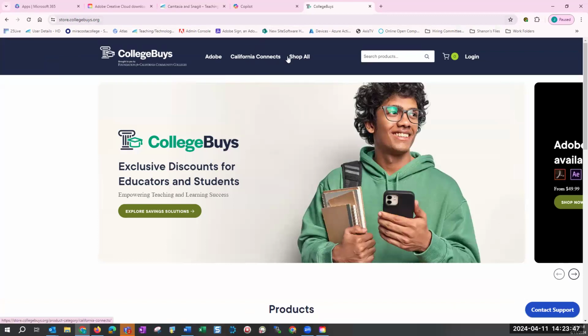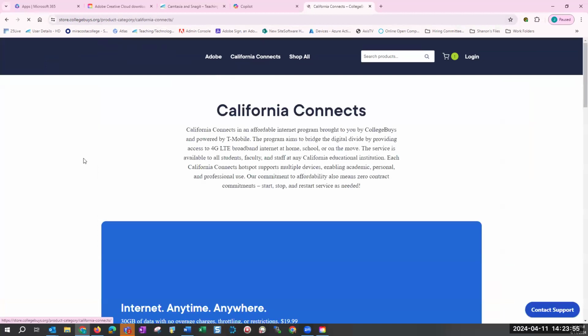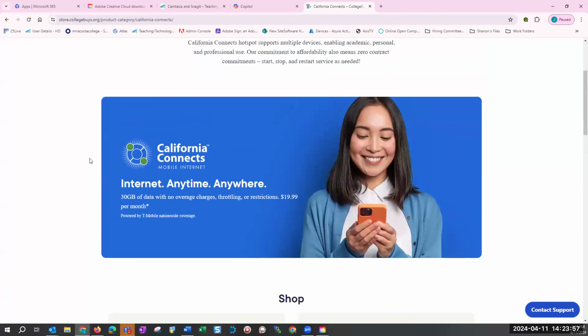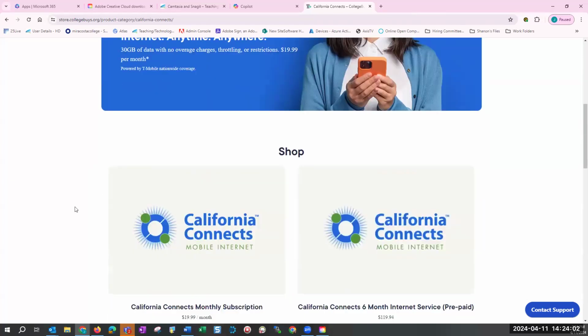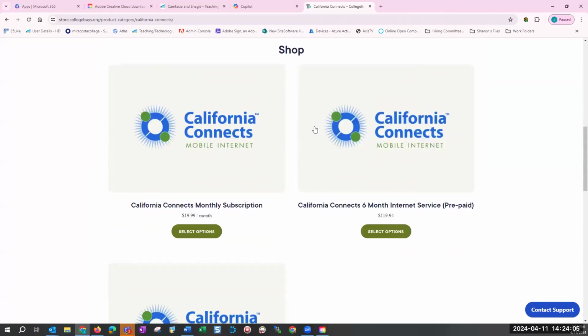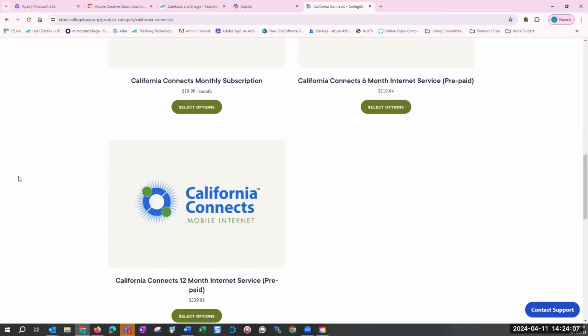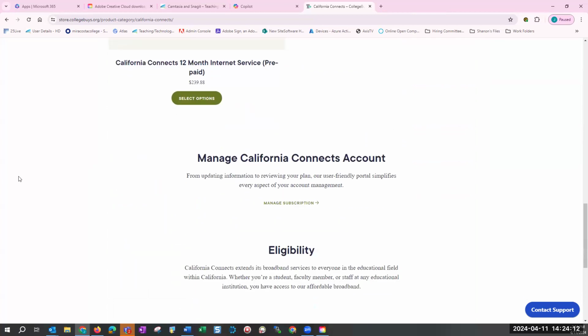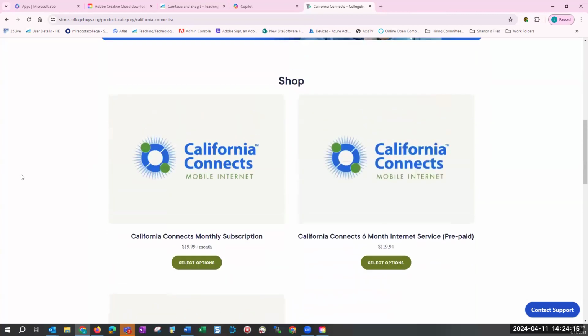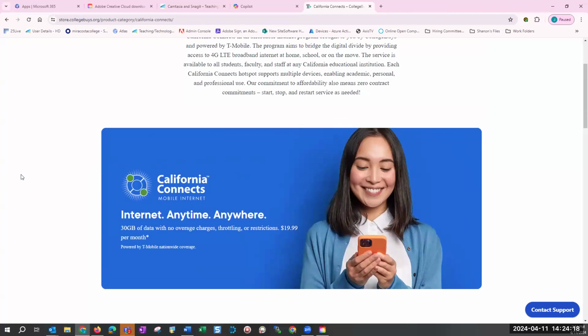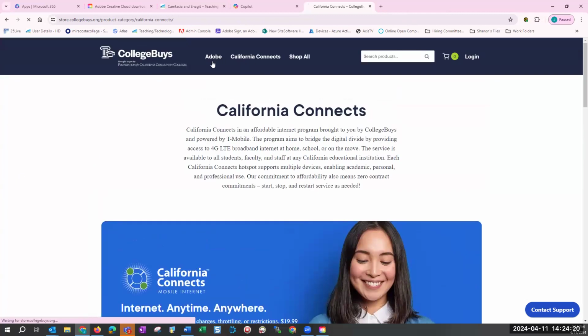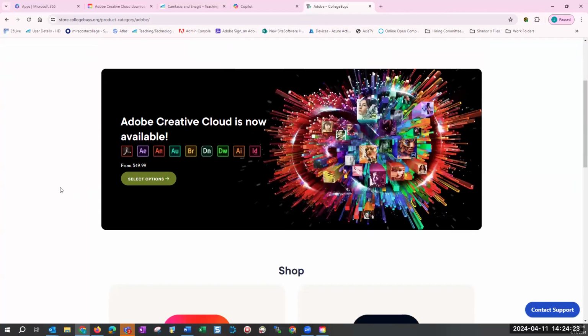Also, if you have students who have a hard time getting internet, they provide internet also. Connect anywhere, anytime. That's for phone service, but then they have mobile internet, I think just for cell phones or something. So they have that, and then they have Adobe. So only those two things.